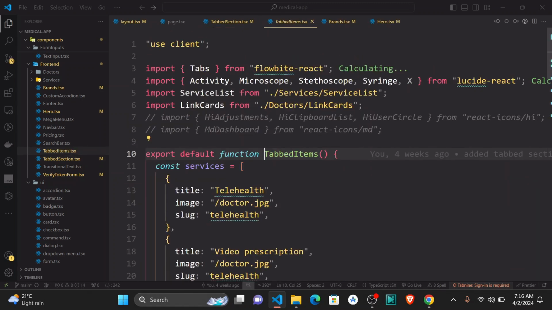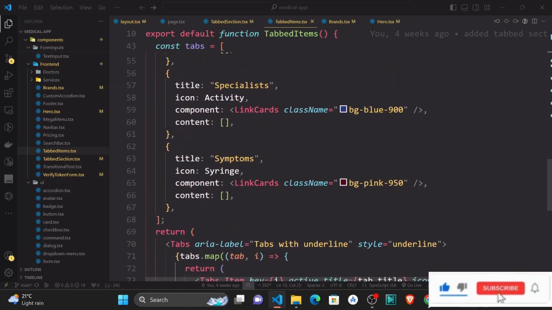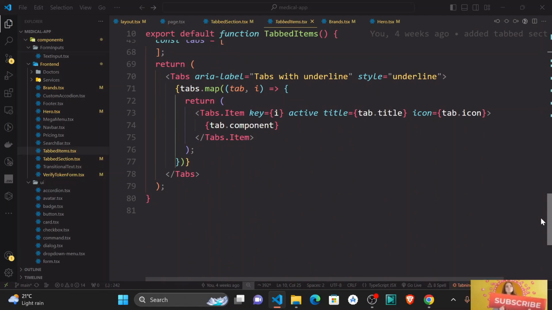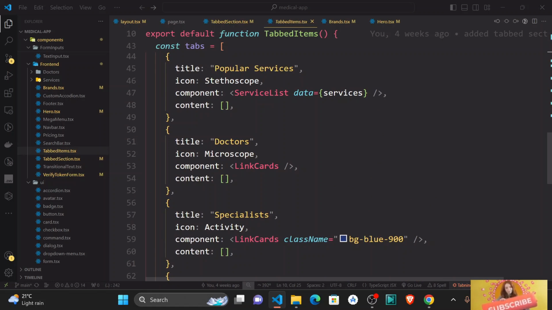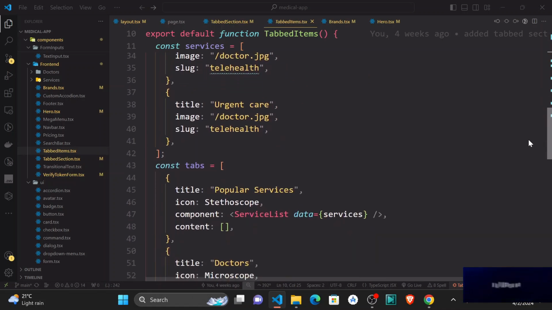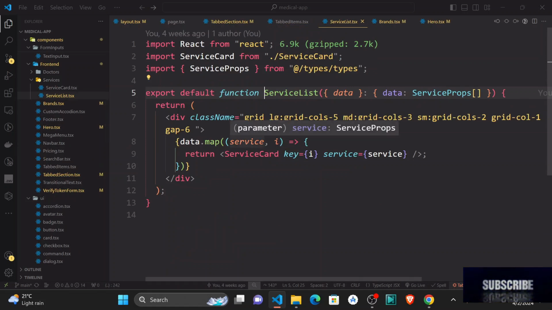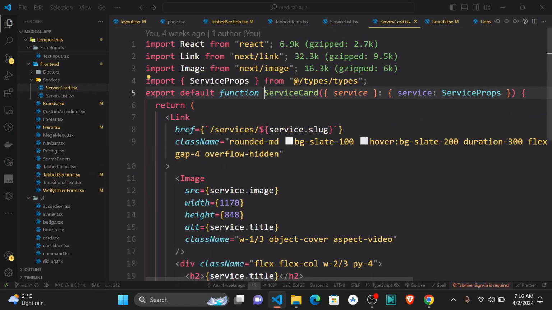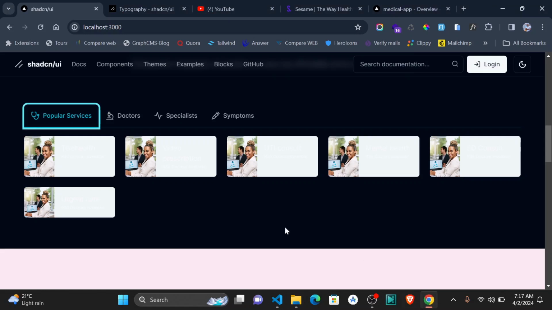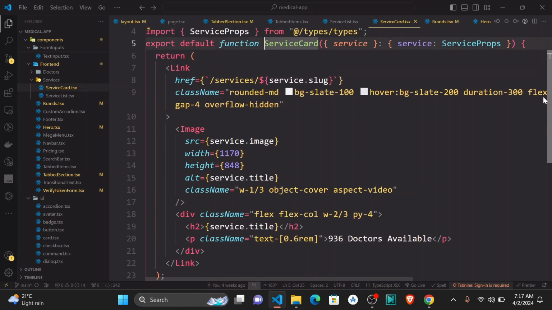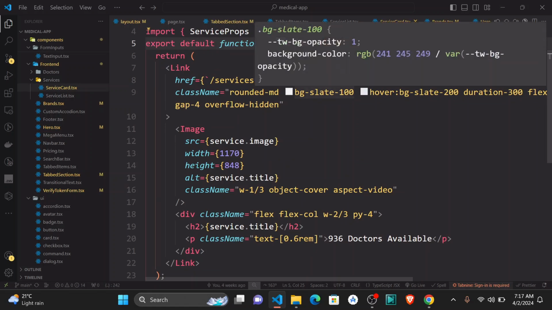So tabbed items, especially the cards. We have different popular services using service list, and then service card. For the container, I think it is okay. The problem is the card itself. So we're just going to come here. We have BG slate 100,